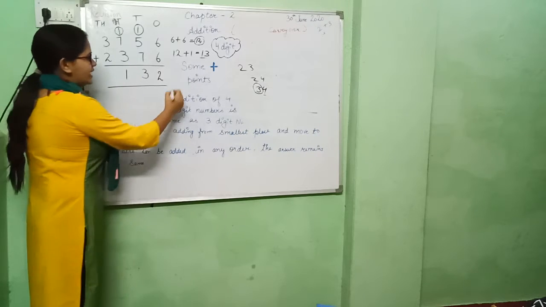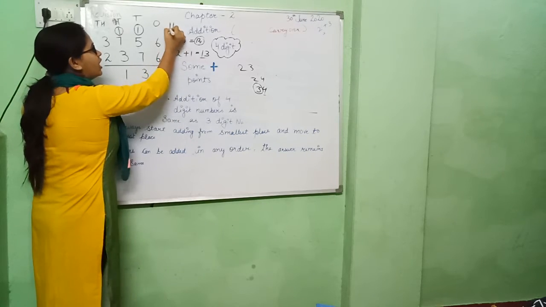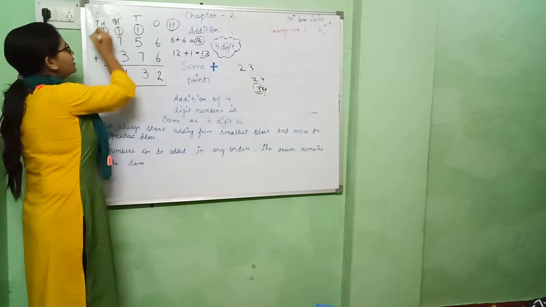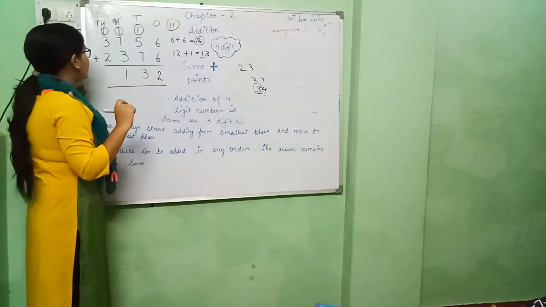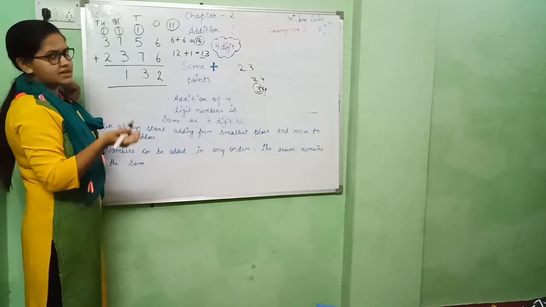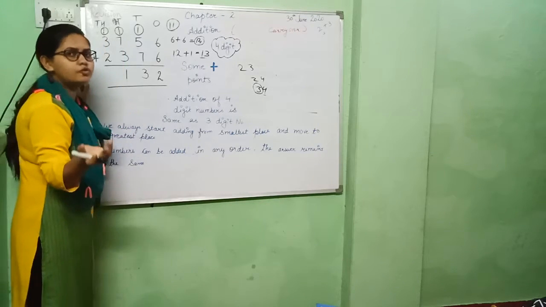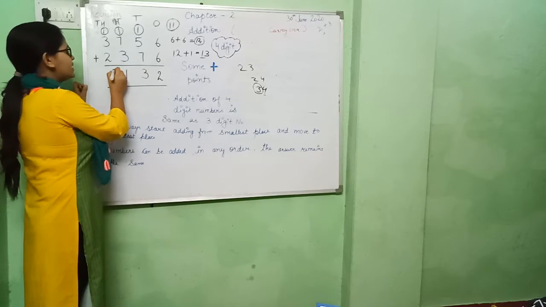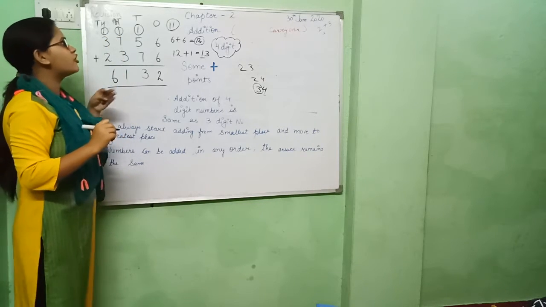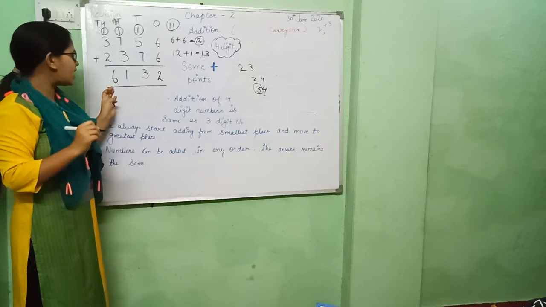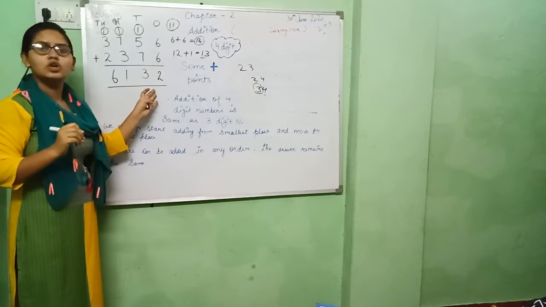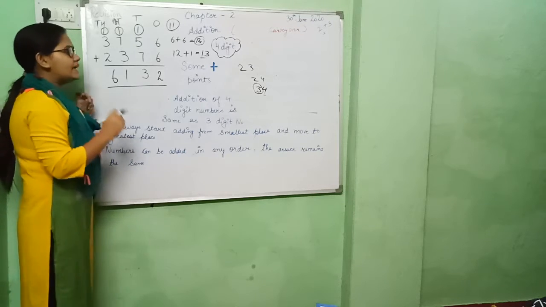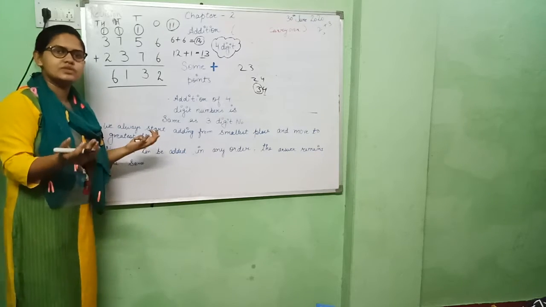right? So 11. Now there is also 2. So 1 will be here and 1 will go to the other column as a carry, right? Now there is 3 and 2. As I said, 3 plus 2 equals 5. 5, don't forget to carry again. It becomes 6. So the answer of your carry sum is 6132. In this way, we learn how to do the carry over sums, right?